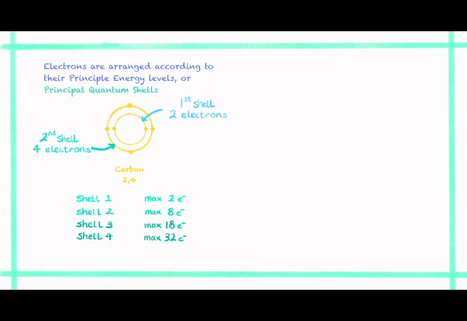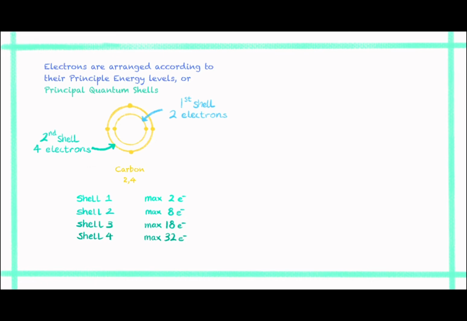The further away the principal quantum shell is, the more electrons the shell is capable of holding. This is because higher energy levels have more orbitals. For example, shell 1 has only 1 orbital, but shell 2 can have 4 orbitals. Since each orbital can only hold 2 electrons, it's reasonable that these shells can only hold 2 times the maximum